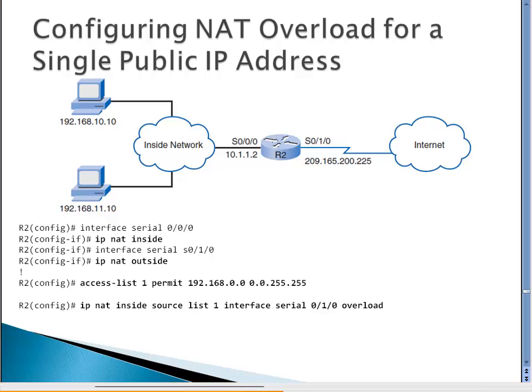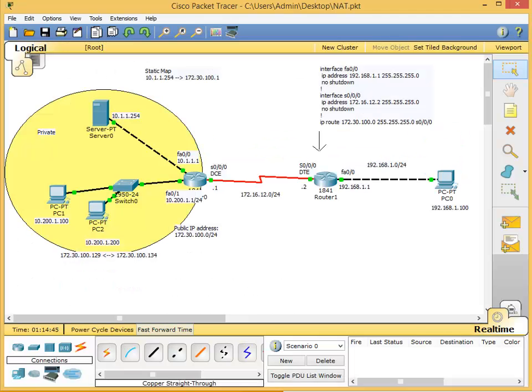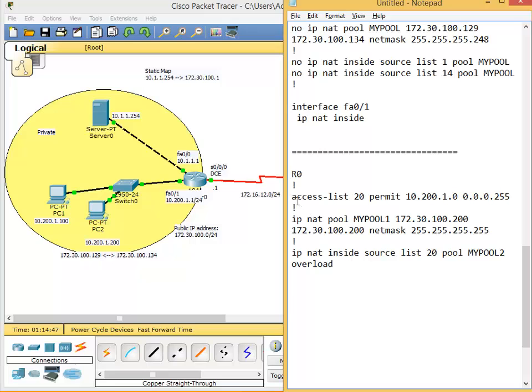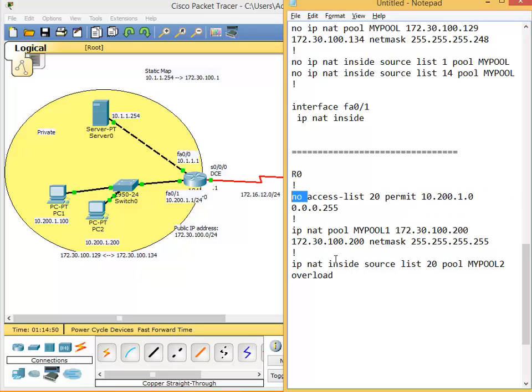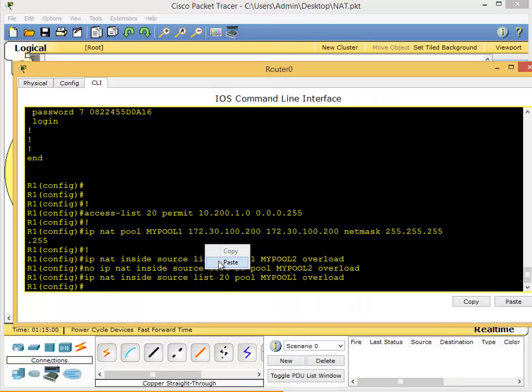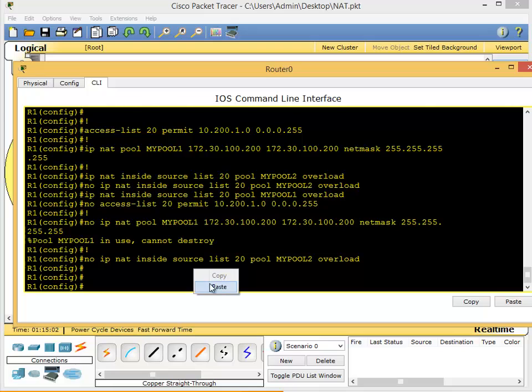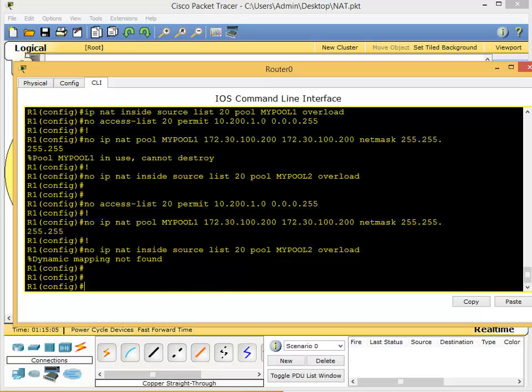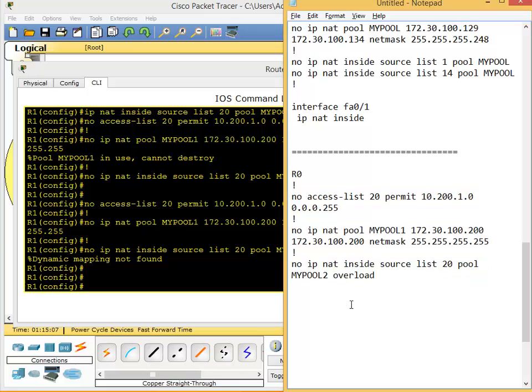So if I go to the Packet Tracer, first let me remove the commands that I made earlier. So I'll say here no access-list, no ip nat. That's it. Okay. Alright. Now access-list, say 50 this time, 40, permit 10.200.1.0,